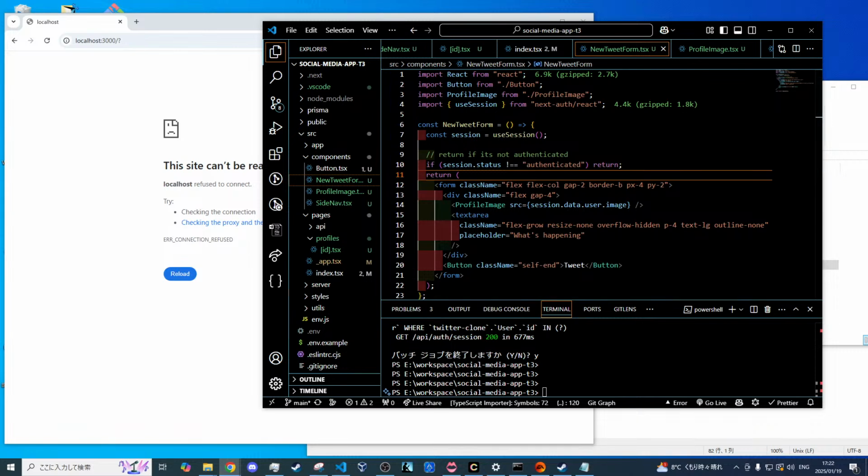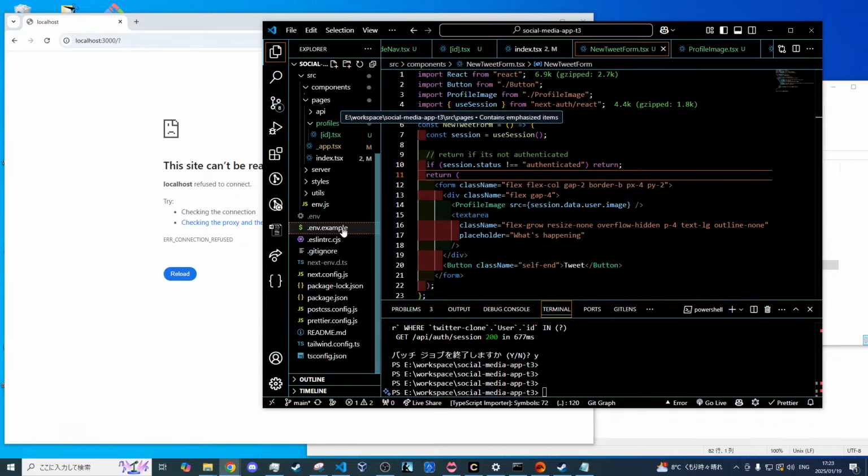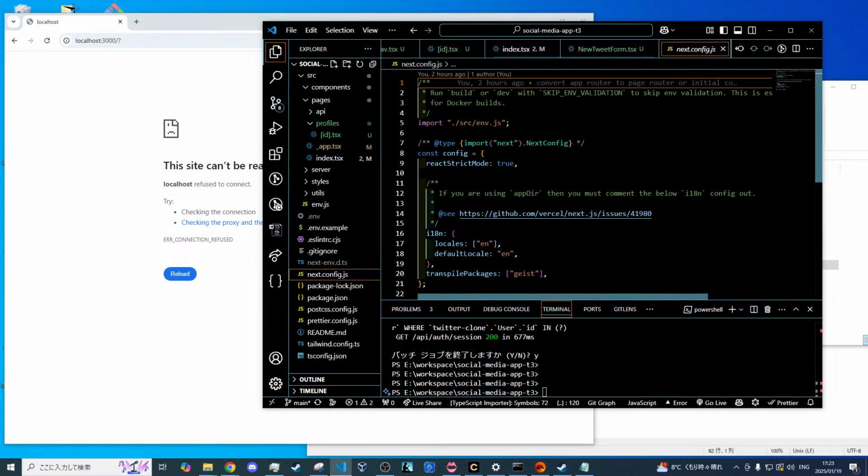If I zoom this in, essentially it says hostname cdn.discord.app is not configured in your next config. So let's just copy this real quick, go over to our next config, which is all the way over here. We need to make sure that we put this inside of our hostname property. So we can